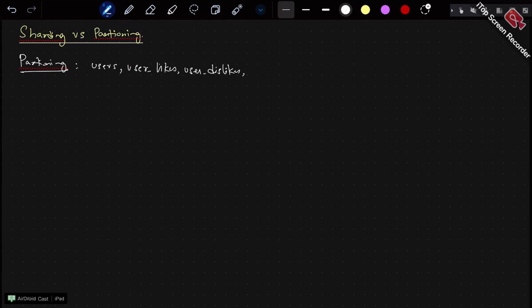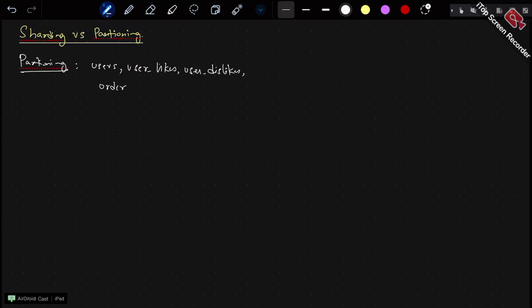I'm taking users only because that way you can think of it as related to one particular service. Let's take orders also, but in reality, orders and users will be a different service altogether. But for example, let's say they are related somewhere, with users making an order. Now in partitioning, your tables are segregated into different nodes.